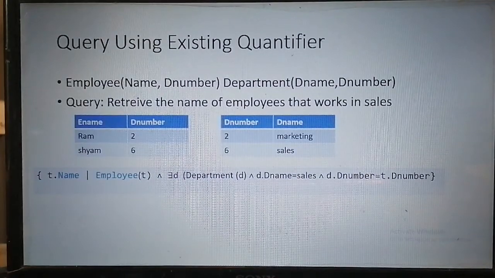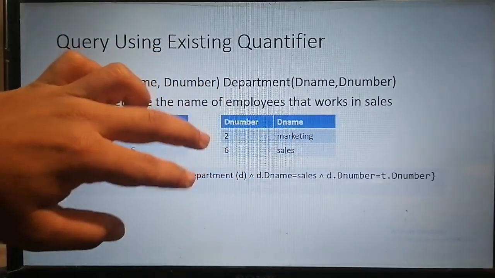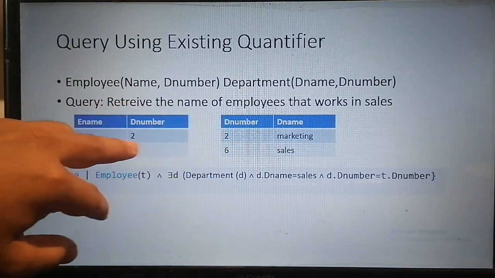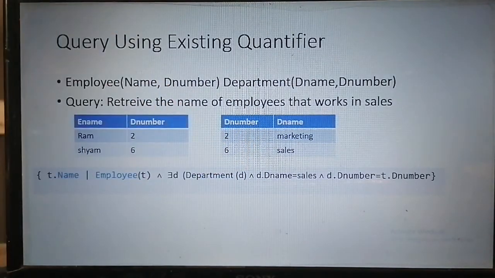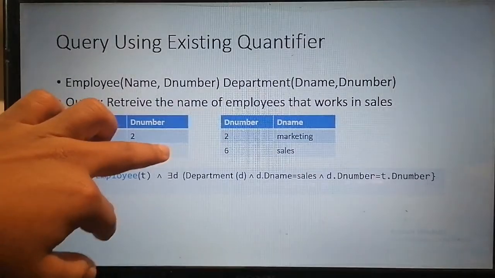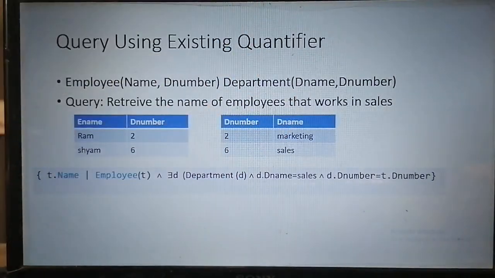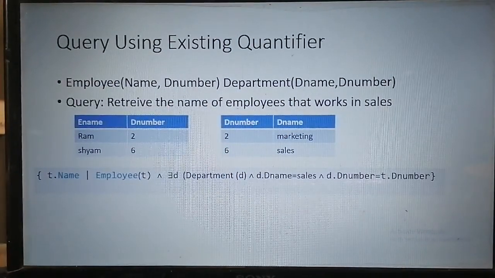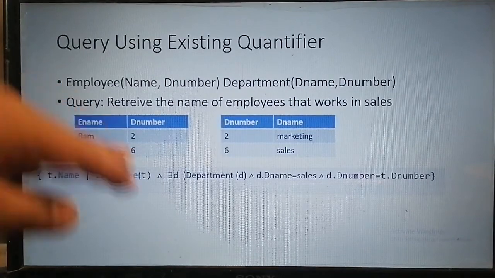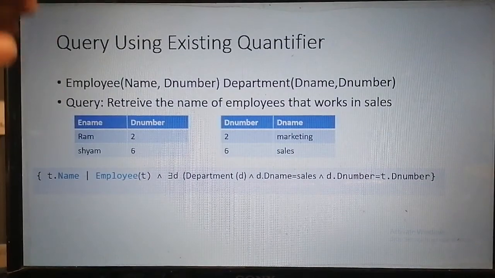First we calculate those tuples having department name sales, and then we make pairs between the two relations on the basis of the same value of the common attribute. That means Sham with 6 will pair with 6 Sales, and Ram with 2 will pair with 2 Marketing.